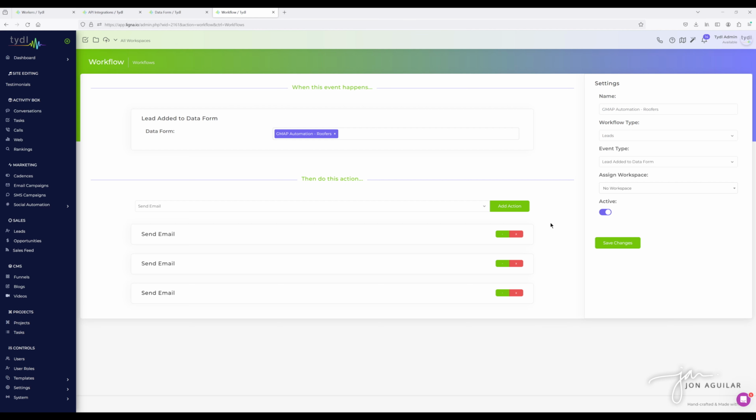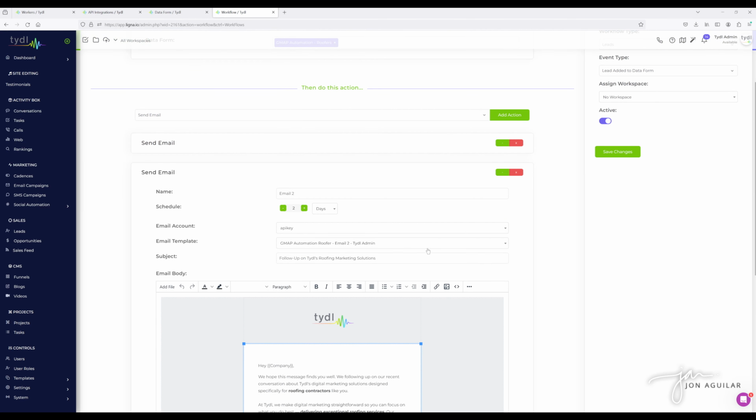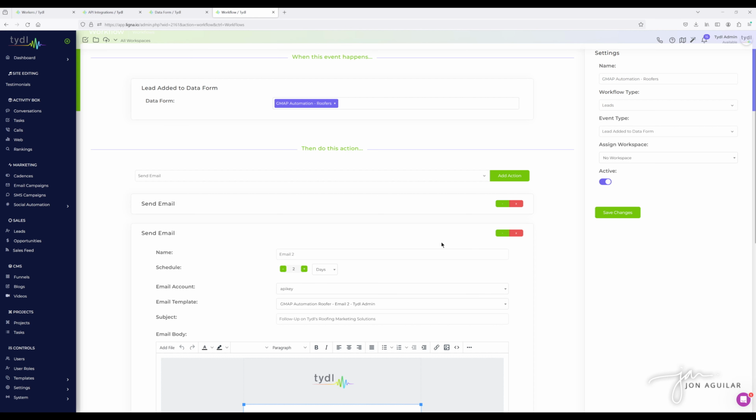Once you have this set up, you're going to want to activate and hit save. There's one thing a little bit interesting about our platform. We actually have 2 different types of automation systems when it comes to email, SMS, and voicemail drops. This is our workflows, the easiest one to set up. We do have a drag and drop cadence system, not to confuse you there, but the only real difference between workflows and the timing of